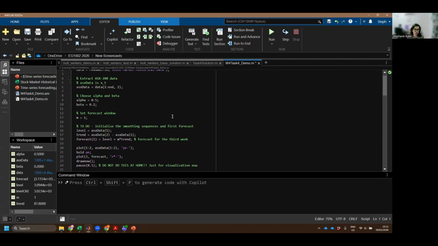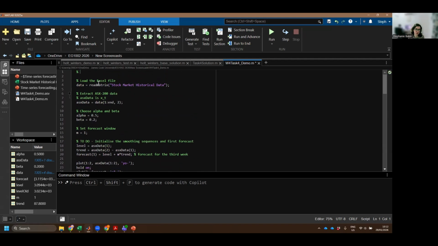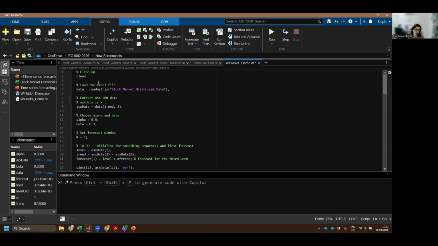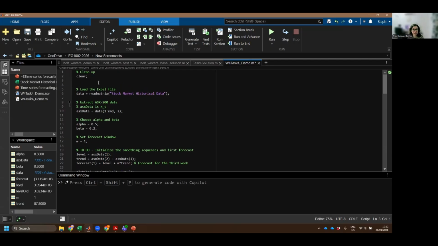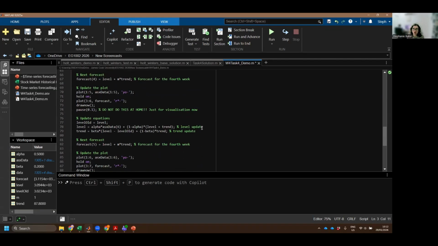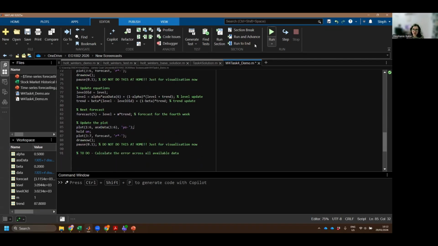Before I run this as well, I'm just going to add some code at the top to clear any of those variables so that we don't end up plotting the wrong version of forecast or whatever else. To clear your workspace, you can just use the clear command. And if you've got any figures that you want to close up, you can also use the close all command to close those, which will clean that up as well. So if I now run this,